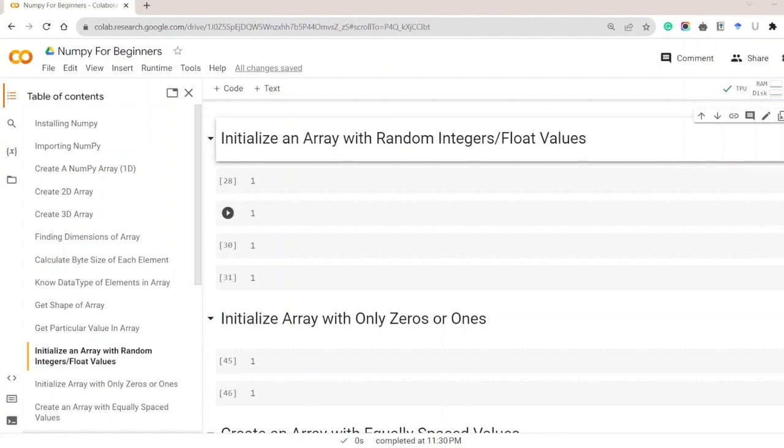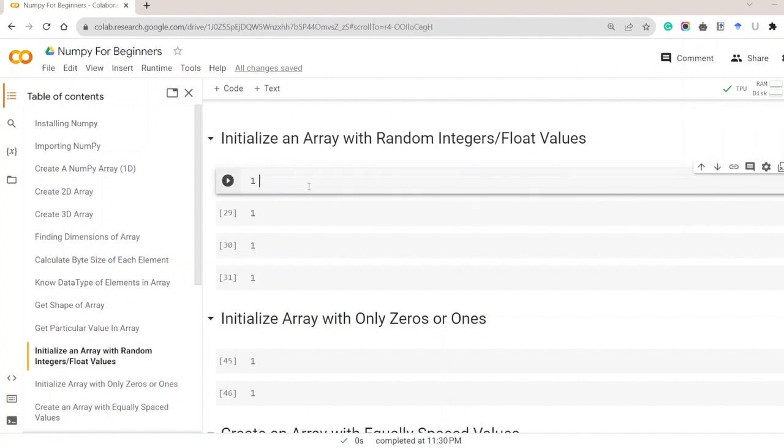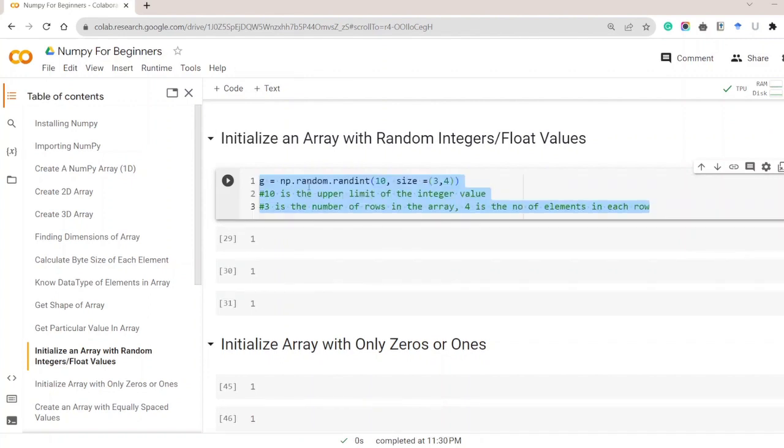The very first command we'll look at in this video is how to initialize an array with random integers or float values. Often it is required in machine learning or data analysis that you need a predefined array of a certain size with certain values, right? After that, we replace the values with new values and get the new array to work with. But it is often required that you initialize an array with some random integers or random float values. So for that, we type the command